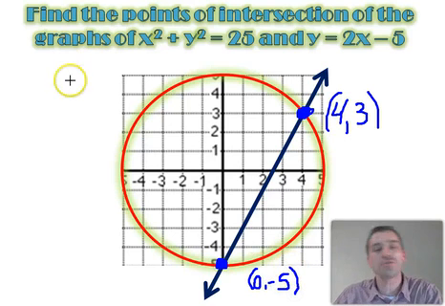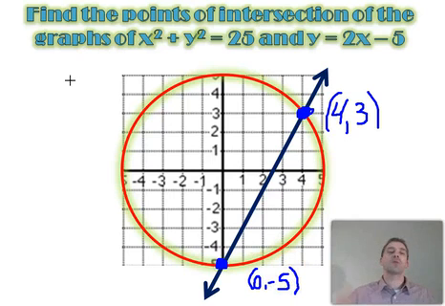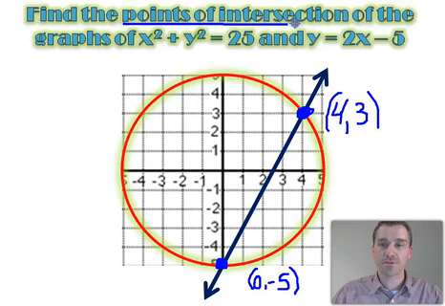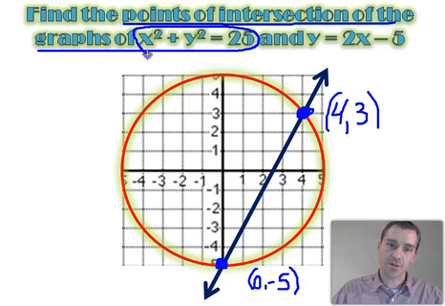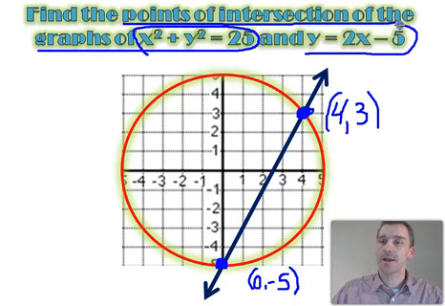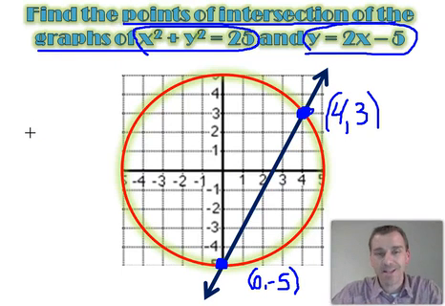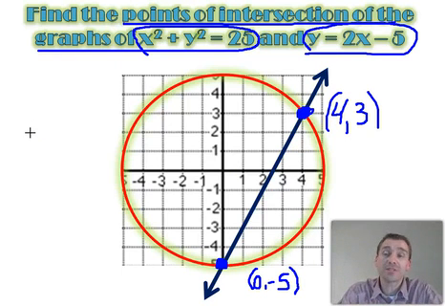Awesome! So there are two simple examples, guys, of how to find the points of intersection of graphs of a circle centered at the origin and a linear equation, just a straight line. So that's how you do it graphically. The next video lesson will be on how you do this algebraically through a little thing called